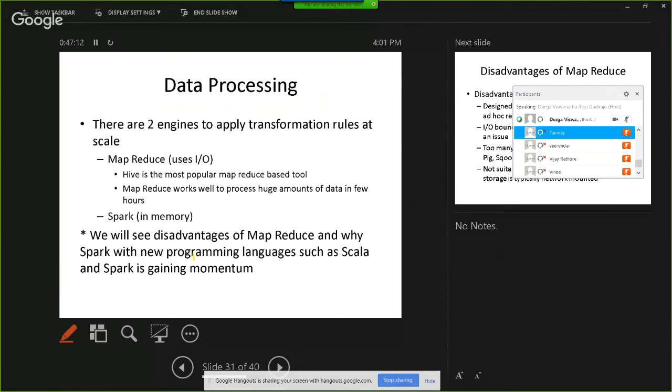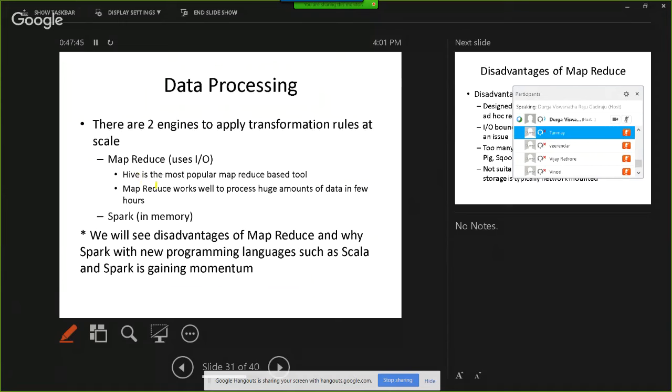Okay, Hive is the most popular MapReduce based tool to process the data, which means you can run queries to process the data. Again, those Hive queries have to be embedded as part of some other application. It could be a shell script, a Java program, a Python program, or something or the other. You cannot just run a Hive query and expect that things will be taken care of automatically. You have to embed it as part of some programming language. So these are the two engines which we will use for processing the data, MapReduce and Spark.